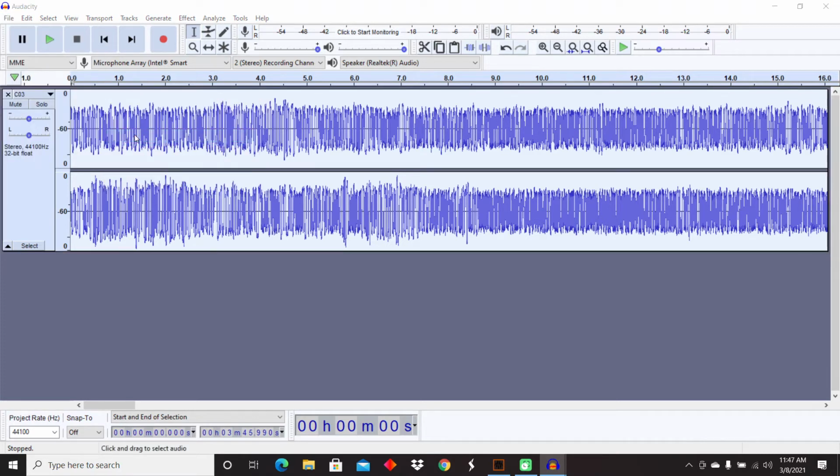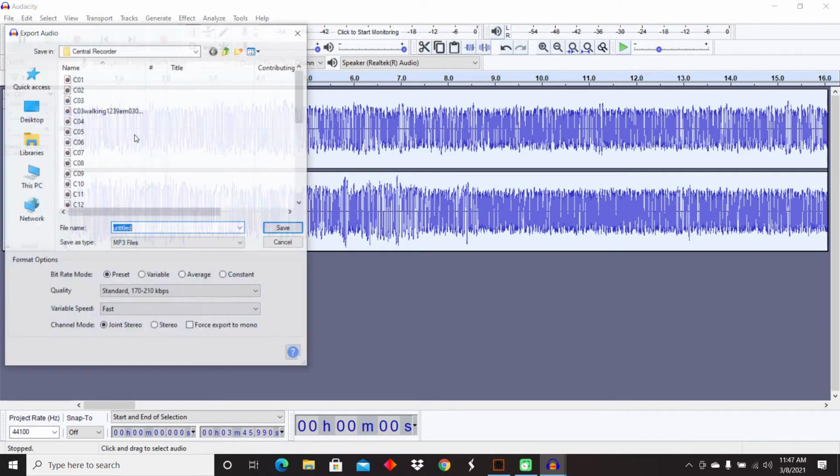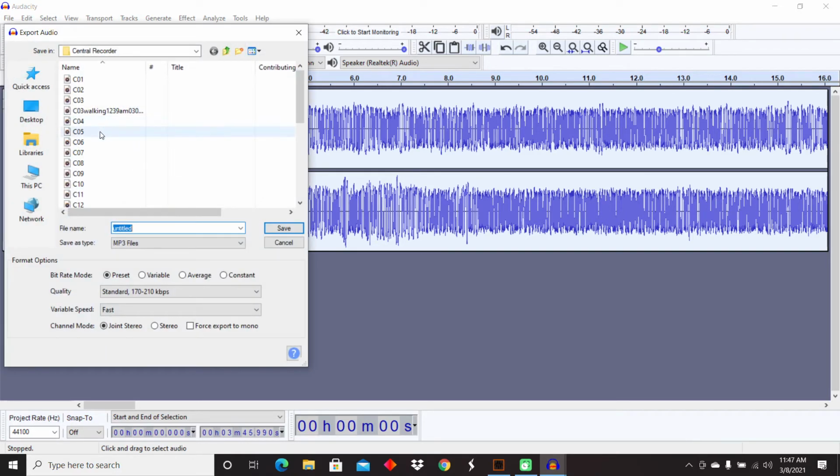Tap on that. And then I've already made a file of this, but I started out with making it the same as the file that I brought it out from. So CO3, and then I just put in a description, walking, and it's